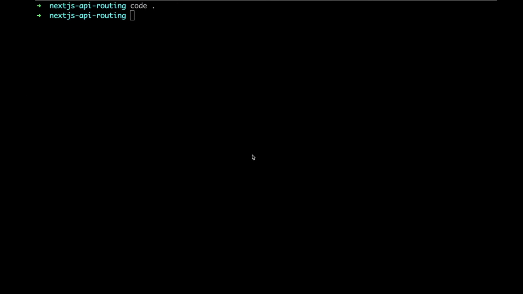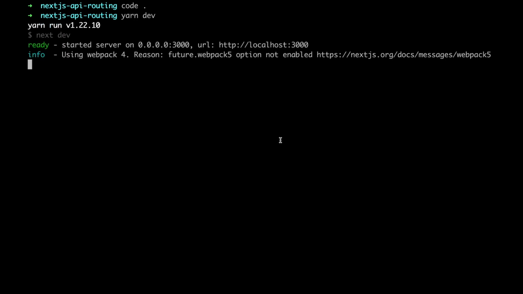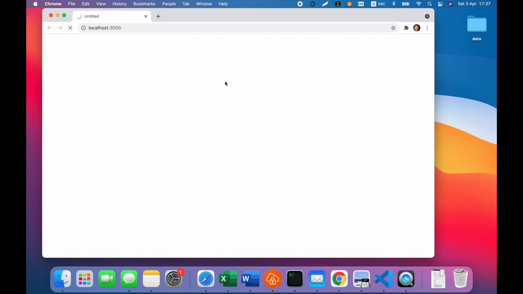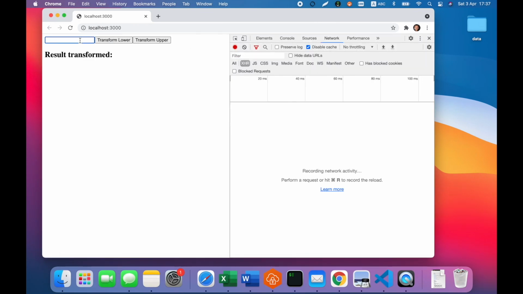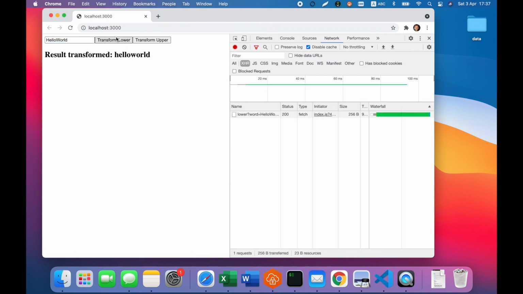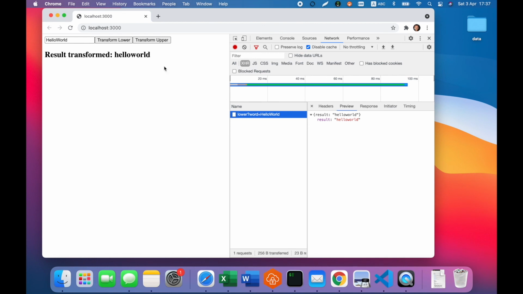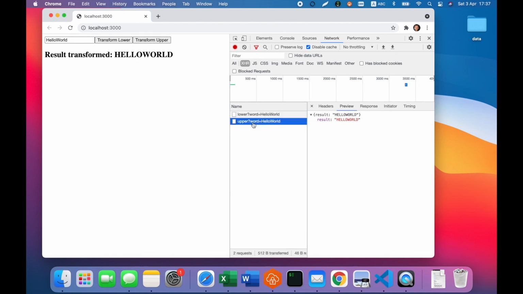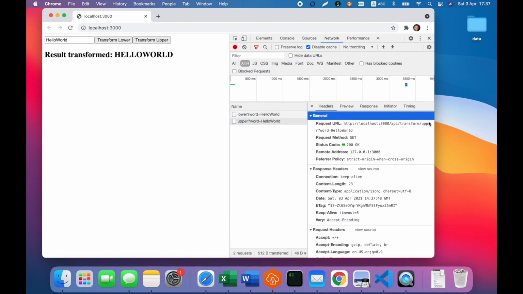Okay, let's check our application. Run Next.js in dev mode. Open localhost 3000. Let's open the network tab to take a look at requests. Let's type hello world in different cases and click transform lower. Okay, the result is expected. Upper as expected. Let's check an empty query. Okay, it responds with